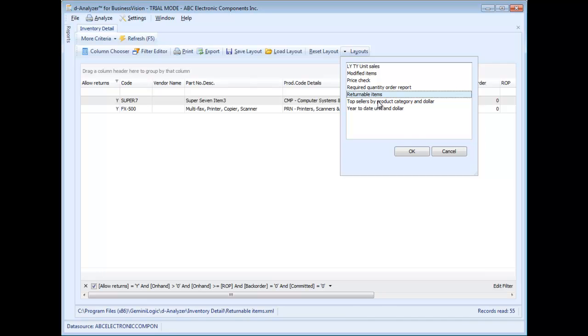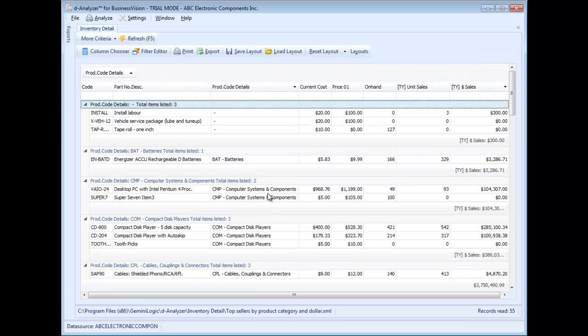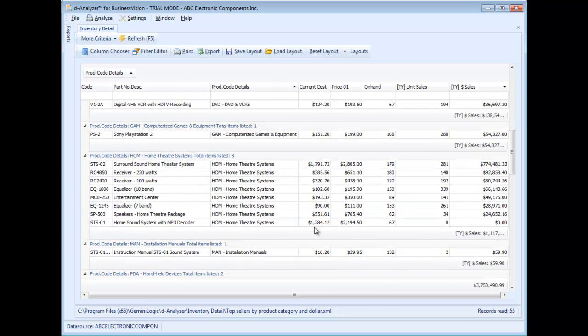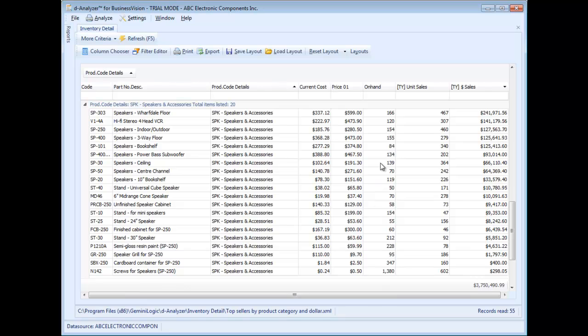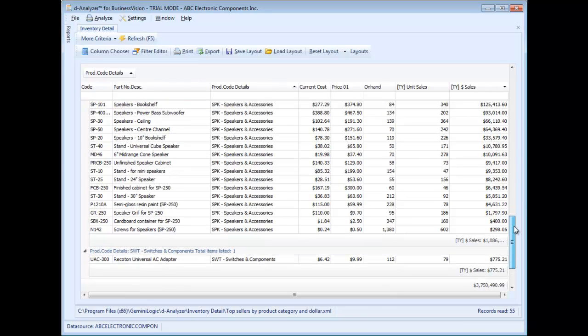The simplest types of reports are sometimes the most useful. Here's top sellers by product category and dollar amount. So what we've done here is we've grouped and we're showing the top sellers within each product category. So if I scroll down to one of my busier categories, speakers, I've sorted from top sellers down. So what are the top selling items, what are their unit sales,